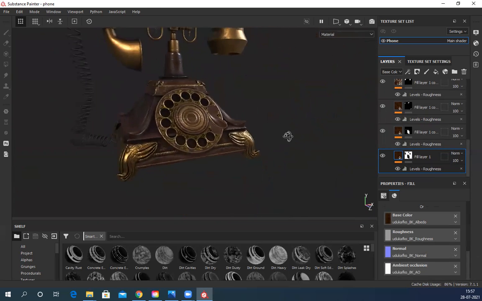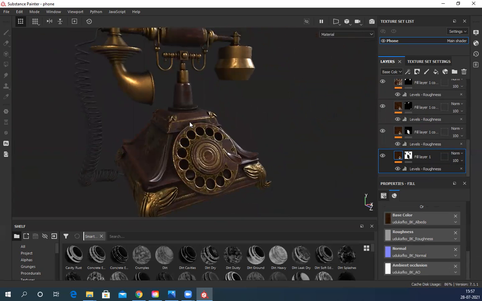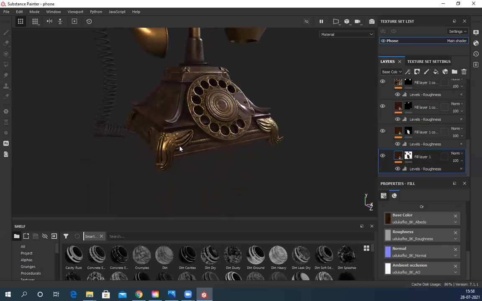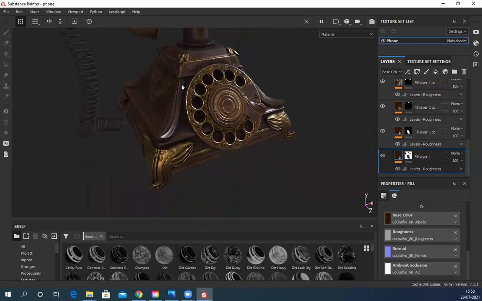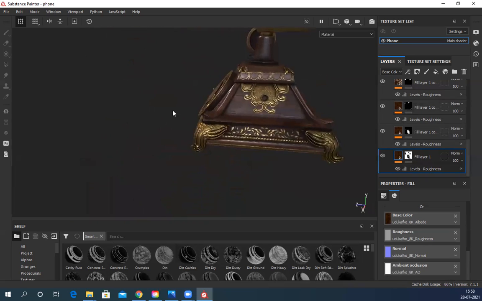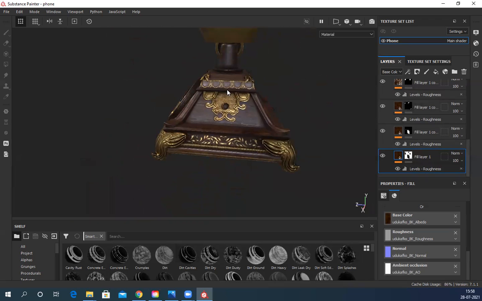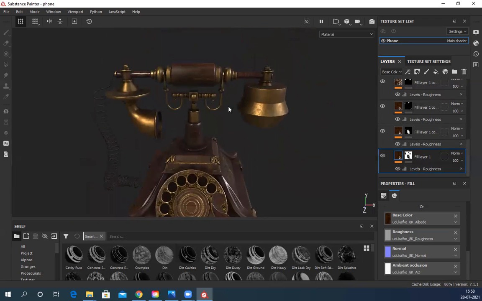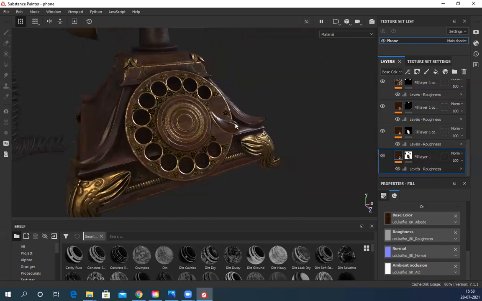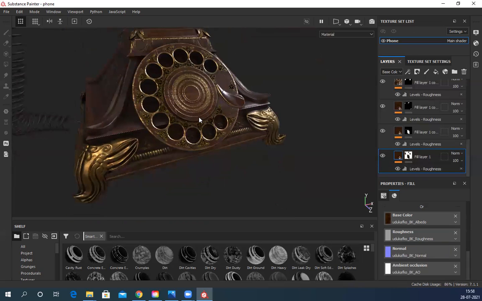So almost, you can see like texturing, because if you have a detailed high poly and a basic model, everything is ready, texturing won't take much time. All this detail and dirt and everything, you just have to drag and drop, and it will generate most of the things automatically. Yes, you just have to control it, like where it should generate and where it should not generate. You just have to control those areas, and the rest will handle everything automatically. I have created all this design in ZBrush, so I didn't have to do anything. Just dragged out the material and it worked.